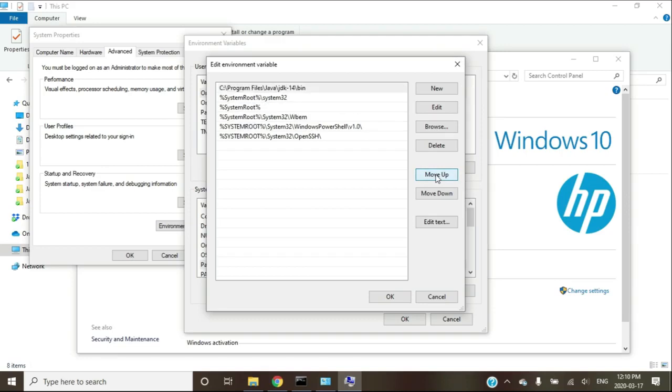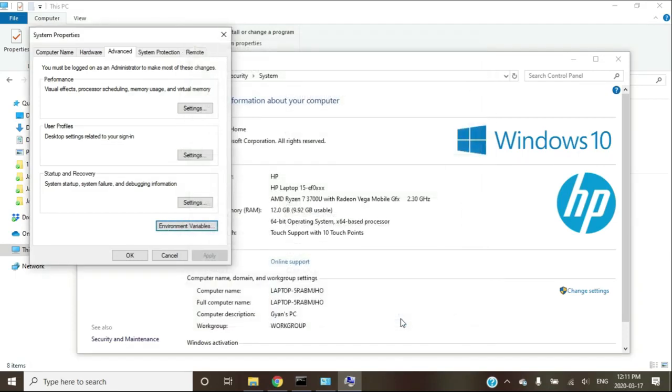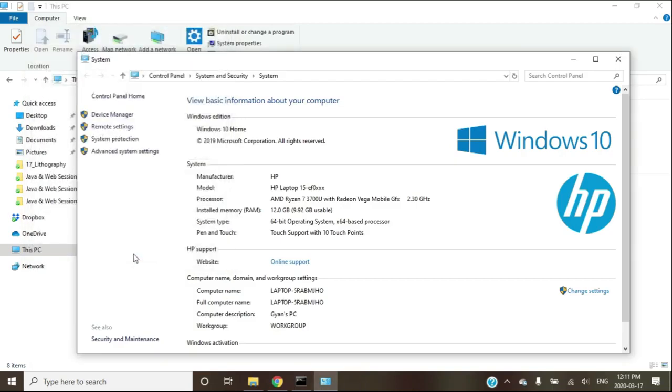It is not necessary to move the pasted path to the top, but it is safe to do so. Secondly, if you have another Java installation and the path to that older installation is before Java 14, then by typing the java command you will always end up getting that older Java installation. Therefore, always move your path to Java 14 to the top. Click on OK, click on OK, click on OK.